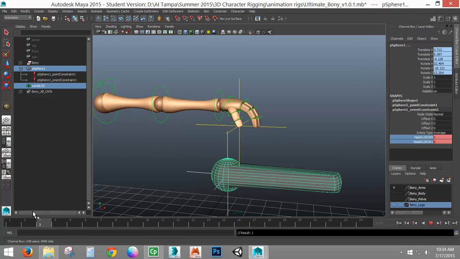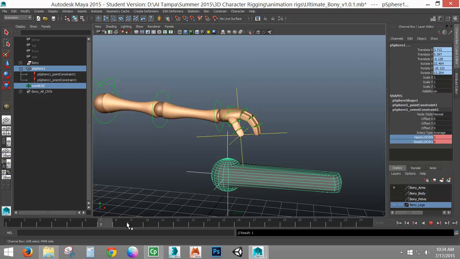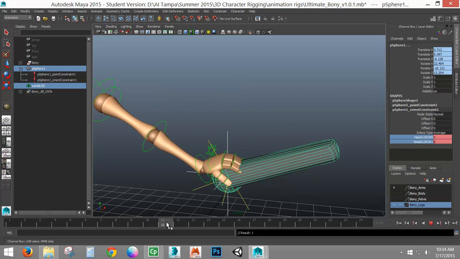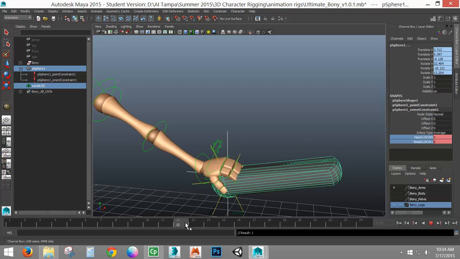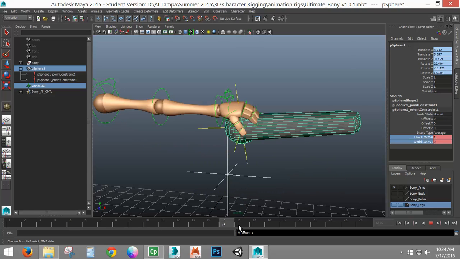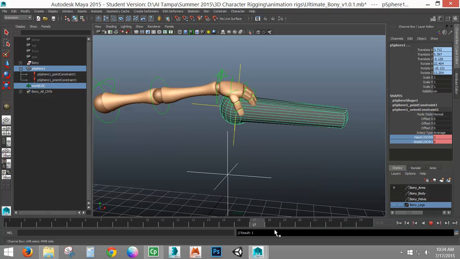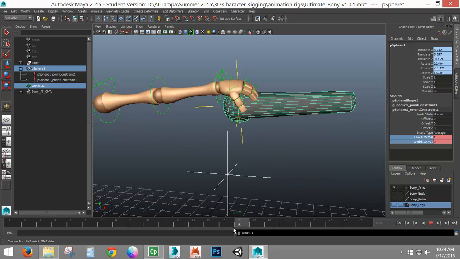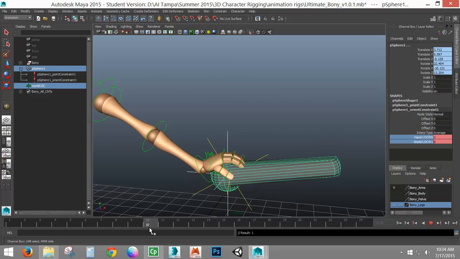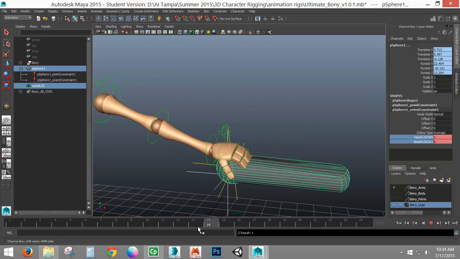So now it follows. Again, this way it stays completely still before I pick up the sword. Then once I pick it up, again, it's timed off, but you get the idea. Once I pick it up, it now follows the rotation of my character's hand, and it lifts with it. Now there's a caveat here that you might see, and this really depends on the model particularly.